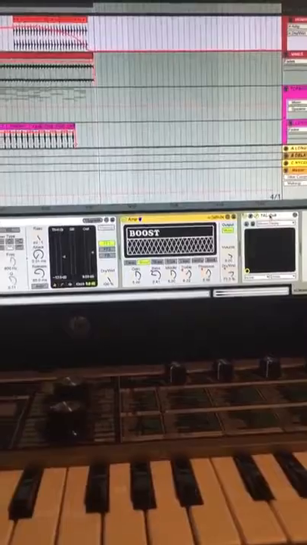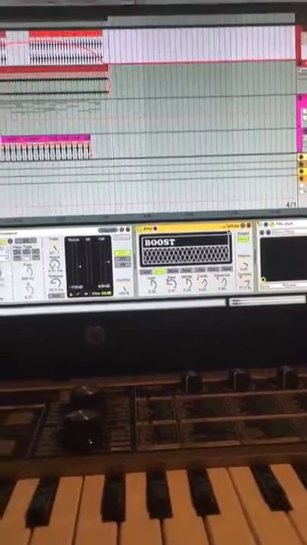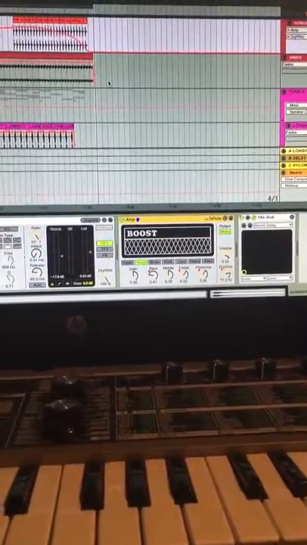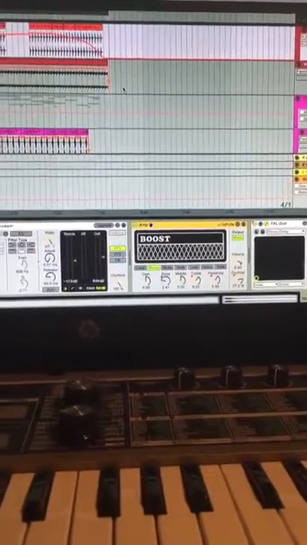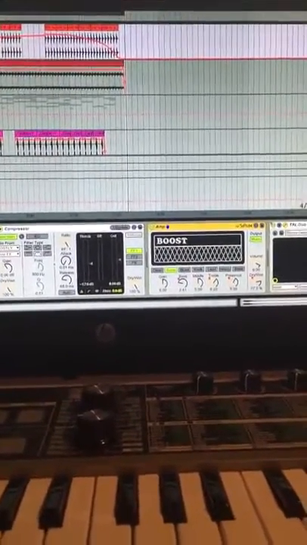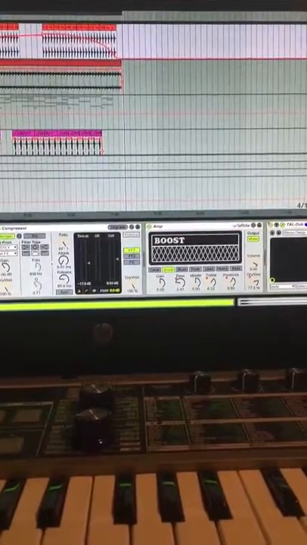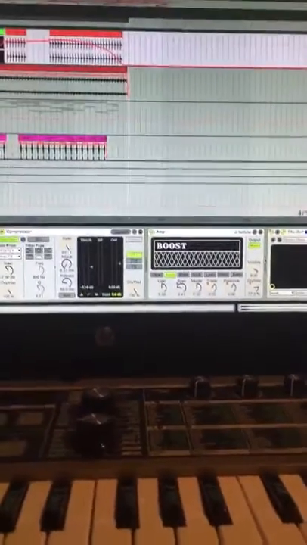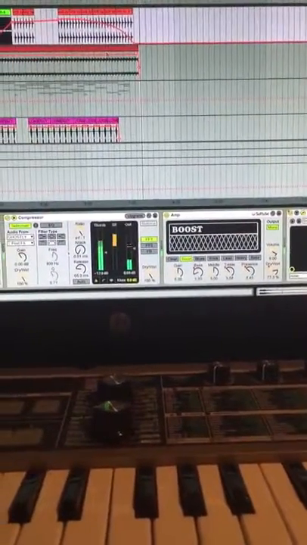Ran that through a Tal Dub, which is basically a free delay effect that is freaking awesome. If you don't have it, it's free. Get it. I should have a compressor on this, kind of grabbing everything, but I kind of like the way the stab cuts through. So if you hear it,